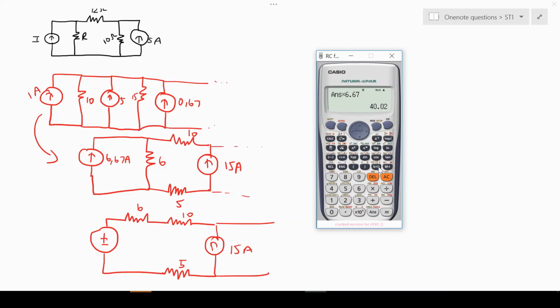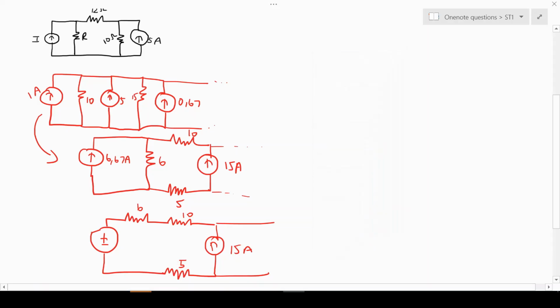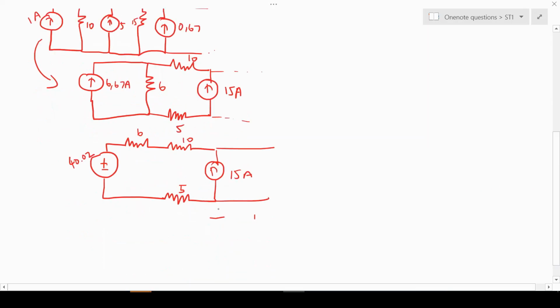And that gives us a value of 40.02 volts. So we've got a voltage of 40.02 volts. Now we can add all the resistors together. So we've got 6 plus 5 is 11 plus 10, which will be 21 ohms. And we then convert that to a current source in parallel with the 21 ohm resistor